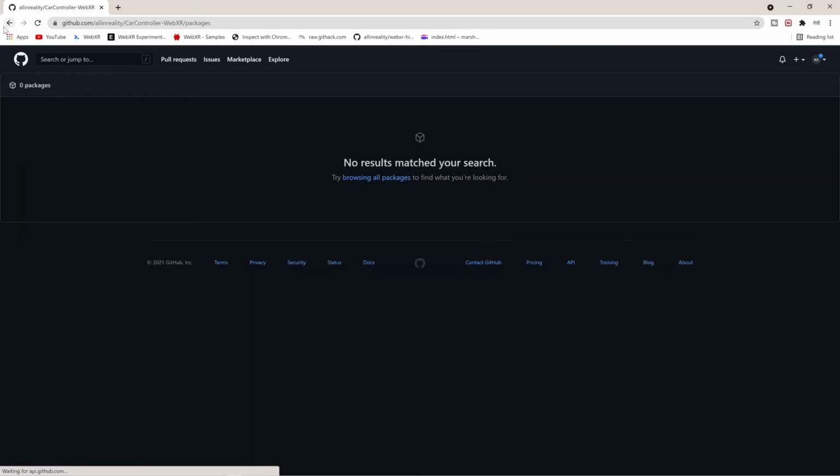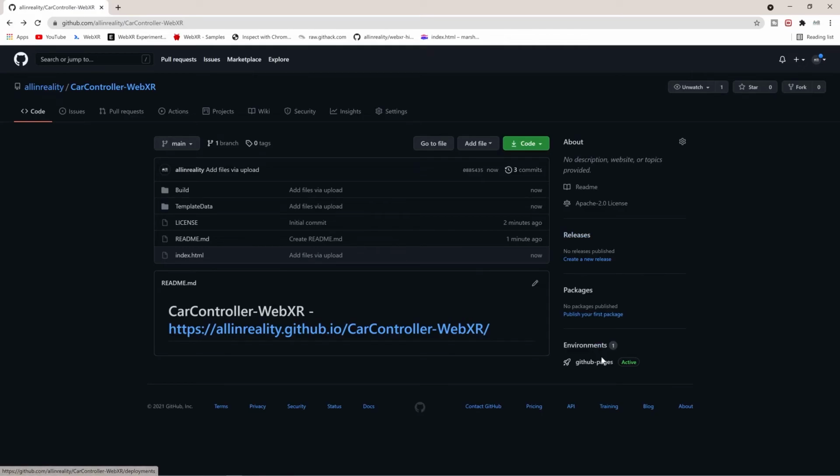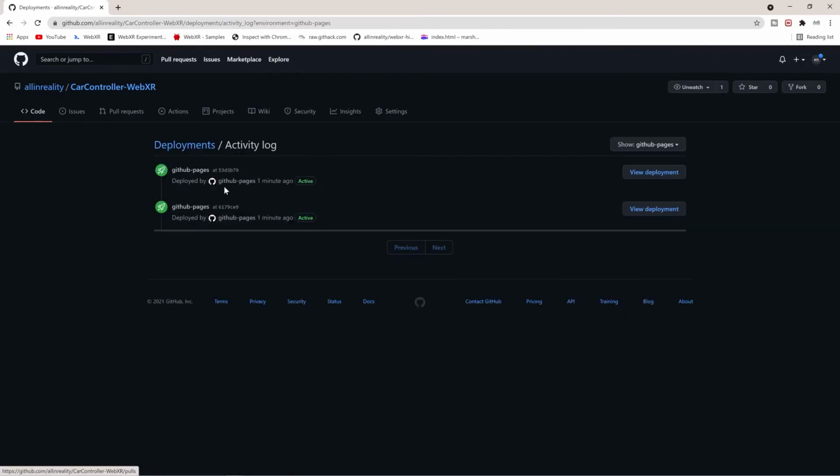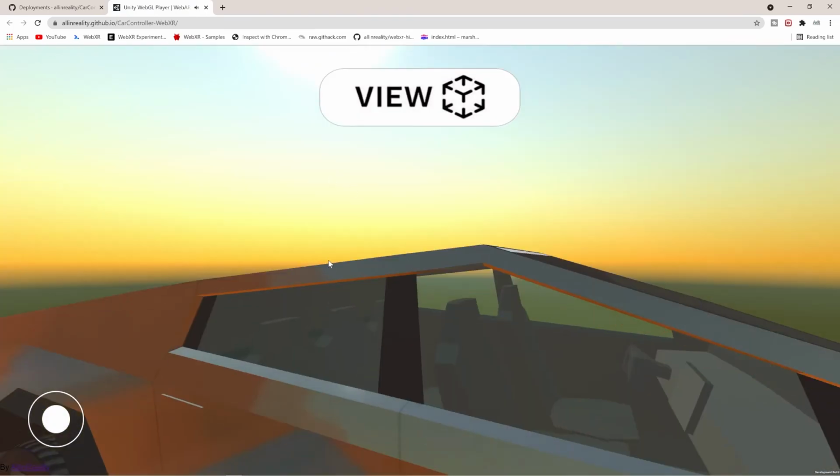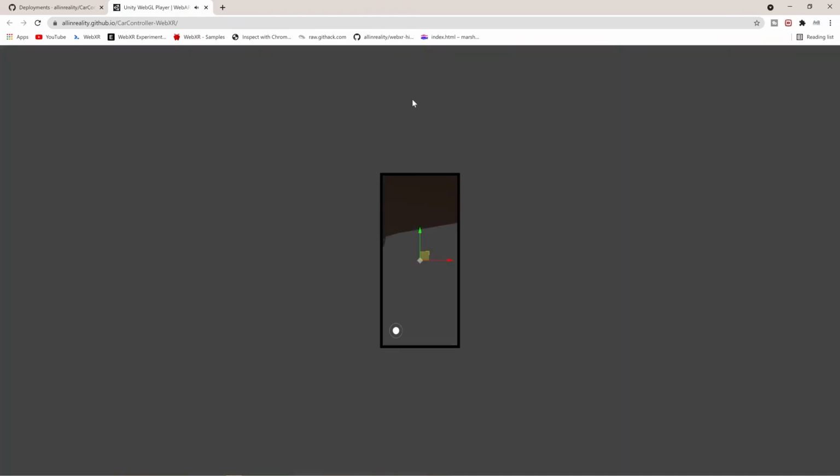Once you upload the files, the GitHub page will be ready like this. I'm not showing the exact process, but you will be able to see the deployment like this. The link will be available after waiting for 4 minutes, and then it will be active.